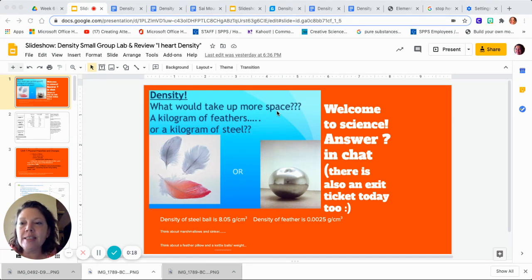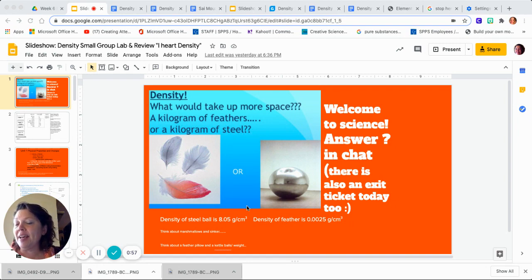Last week, we did a density lab, and we also reviewed week 5 homework, the I Heart Density. The intro question here really was, what would take up more space, a kilogram of feathers or a kilogram of steel? And so we looked at the density of the steel ball. It's at 8.05 grams for every cubic centimeter, whereas the density of feathers is only 0.0025 grams per cubic centimeter. So thinking about that, which would need to take up more space if we had a mass of 1 kilogram